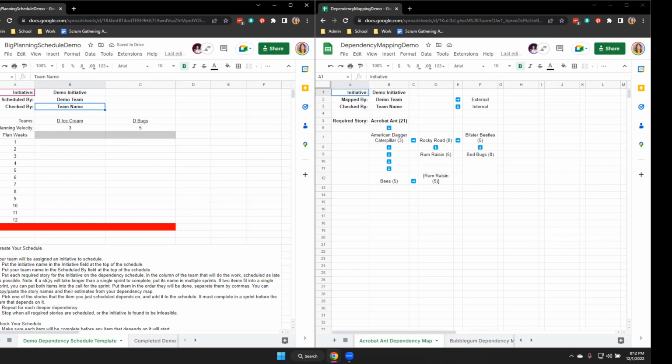So we're going to start by putting each required story for the initiative on the schedule. And we're going to do it by the team doing the work. All of the work for each team will be in each team's column. And we want to start by scheduling things as late as possible. So we'll be starting down here